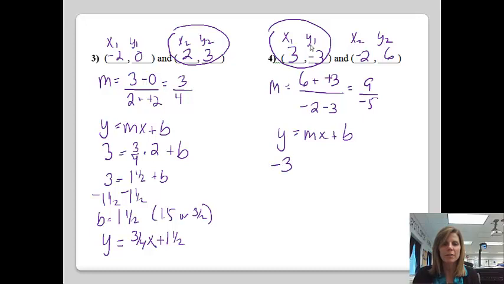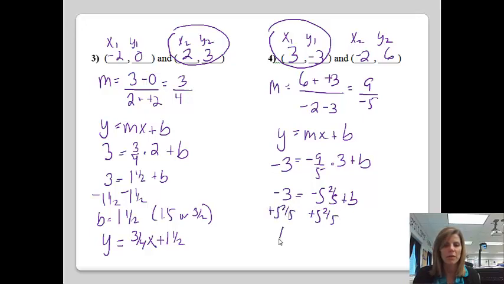So my y value is negative 3, and again, it's labeled as y equals my m, which is negative 9/5, times my x, which is 3, plus b. So then I'm going to have negative 3 equals, this will end up being negative 27/5, but if you're using your calculator, you'll get negative 5 2/5 plus b. And then to get rid of negative 5 2/5, we'll add 5 2/5 to both sides. And so I'll end up getting b equals 2 2/5. Okay, so the equation of my line will be y equals m, which is negative 9/5 x, plus b,